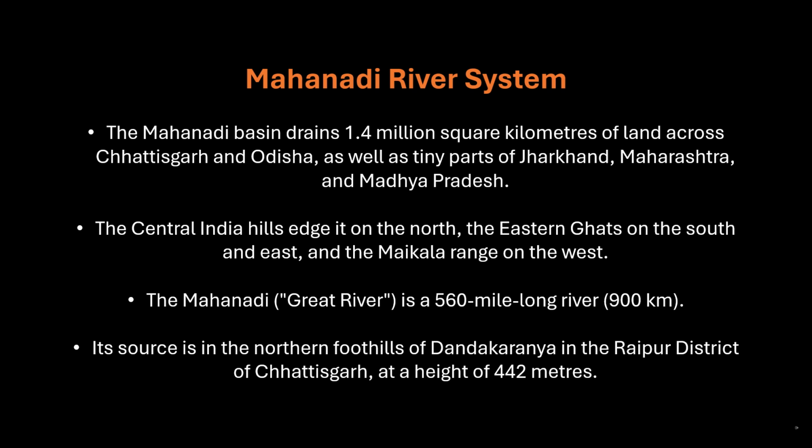Mahanadi River System. The Mahanadi Basin drains 1.4 million square kilometers of land across Chhattisgarh and Odisha, as well as tiny parts of Jharkhand, Maharashtra, and Madhya Pradesh. The central India hills edge it on the north, the Eastern Ghats on the south and east, and the Maikala Range on the west. The Mahanadi, Great River, is a 560-mile-long river, 900 kilometers. Its source is in the northern foothills of Dandakaranya in the Raipur district of Chhattisgarh, at a height of 442